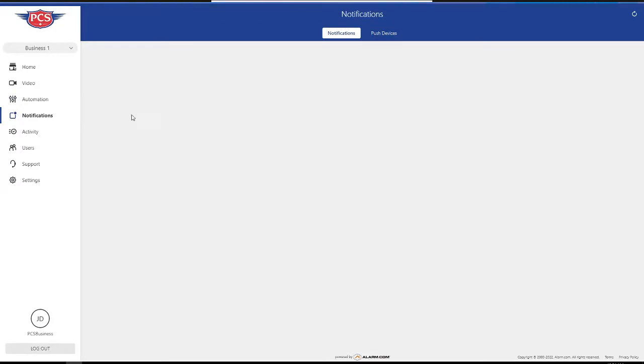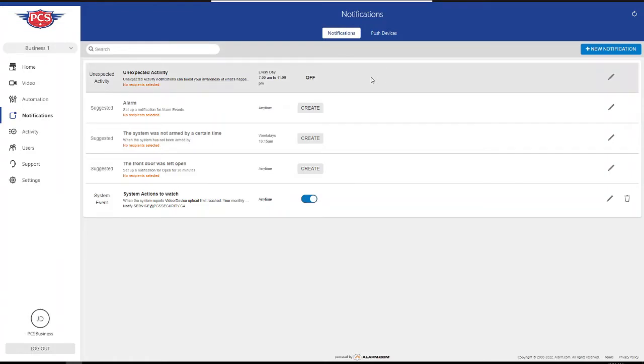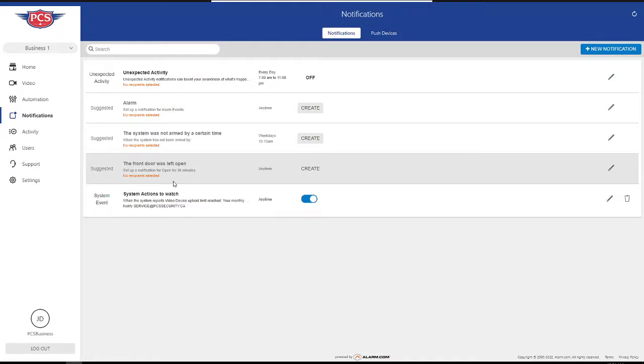the notifications. These are useful for setting up push notifications, email, or phone text notifications for certain actions. You can have it set up so that if a front door or a certain door was left open, if the panel wasn't armed or disarmed at a certain time, or if there's unexpected activity,